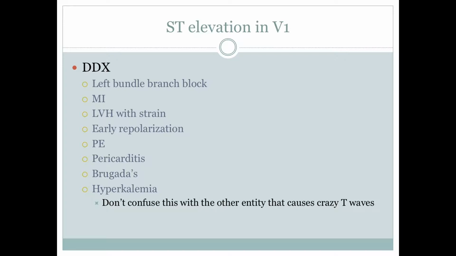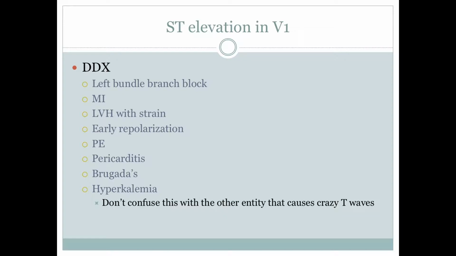Myocardial infarction is not the only thing that can cause ST elevation in this specific lead. This differential is pretty broad. It's got left bundle branch blocks, which you all know about, MIs, LVH, repolarization, PEs. Pericarditis is going to cause ST elevation in all of the leads, as you all know, as well as Brugadas can cause some ST elevation, and then hyperkalemia. Going specifically into hyperkalemia, it's important to know that this causes peaked T waves, as you all know, but